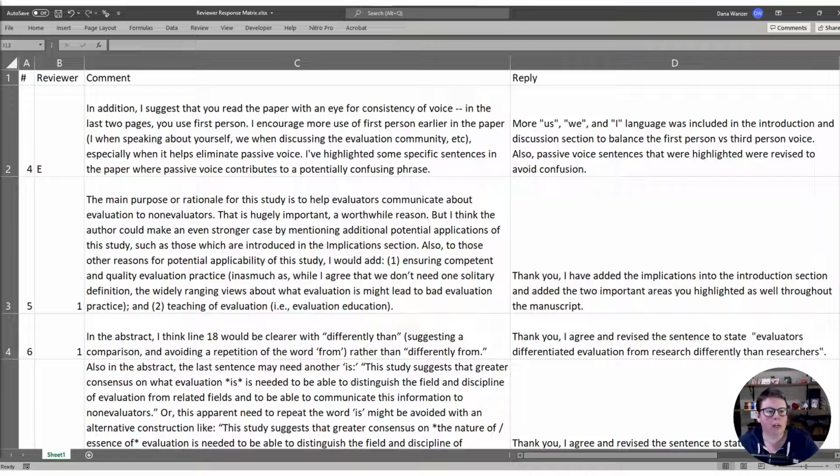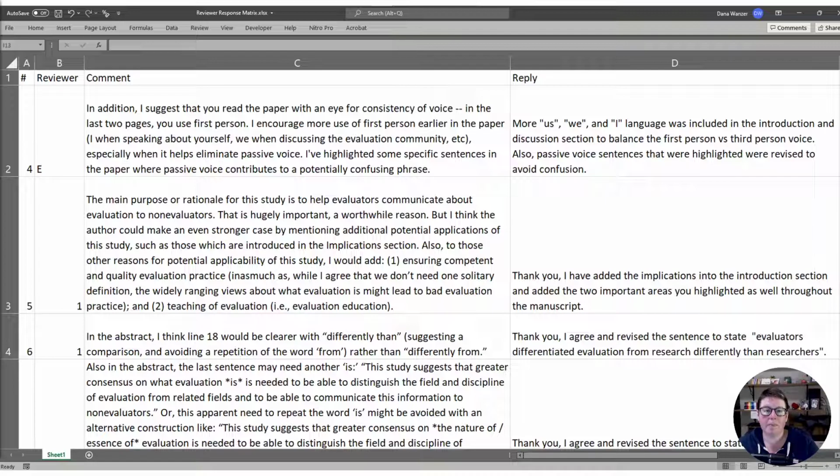So walking through this matrix, you'll see I have a column for the number. It just helps me sort things, because usually people present the comments in either order of importance or order of appearance in the manuscript. I have who said it, which reviewer. So if I knew I was reviewer 1, I could focus on what my comments were, but also compare to other reviewers.